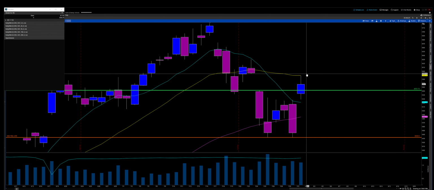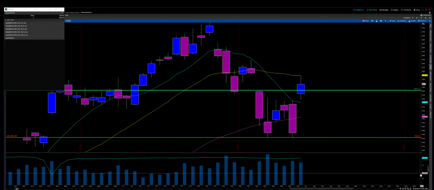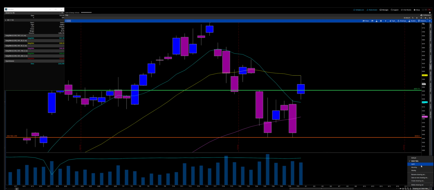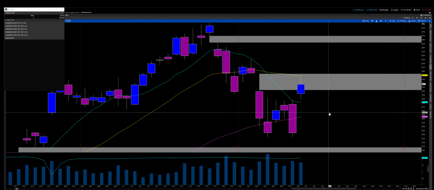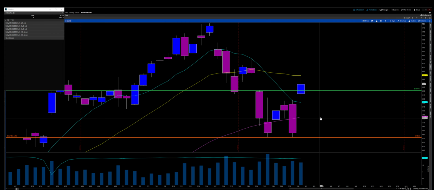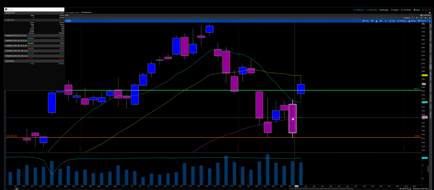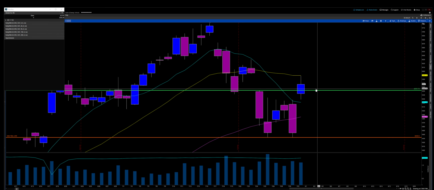Now we bumped our head against the 20-day moving average. Not only did we bump our head against the 20-day moving average, we just missed filling the gap. We had a little bit of a gap here that we have yet to completely fill. I'll show you guys that in more detail on the 30-minute time frame. However, after holding above the 50-day moving average, getting above the 9-day moving average, and breaking out of balance